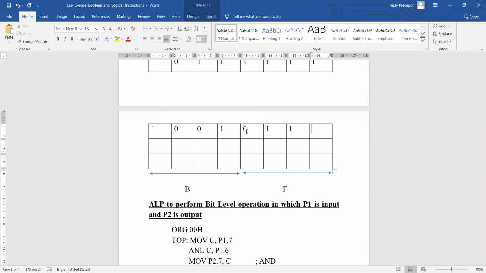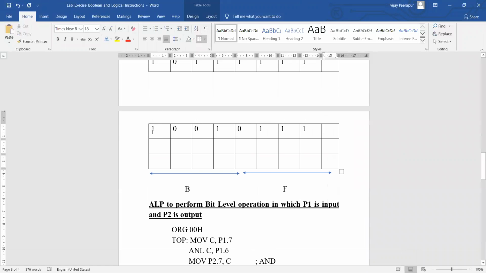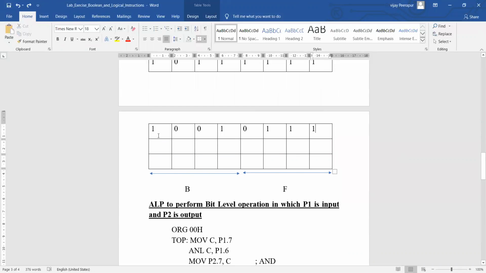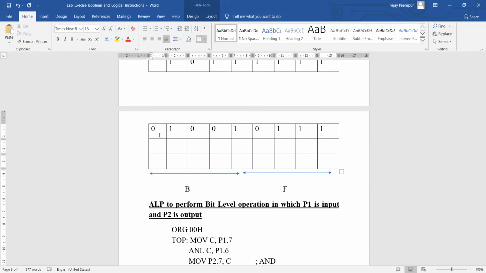And also we can have one more column associated with that, so that this will be my carry bit, right? That's not the best way. The best way is I'll insert one more, so that the carry bit is now by default 0. This is 9, and this is 7. The content what we have in the accumulator.